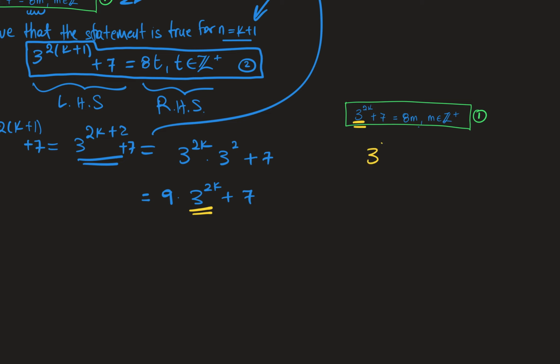So 3 to the power of 2k is going to become 8m minus 7. And then I will substitute this down into the relationship that I'm working with so far. So that would now become 9 times 8m minus 7 plus another 7, which is going to give me